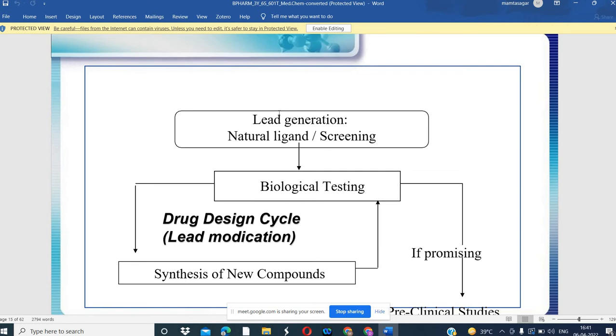Suppose we are using the plant leaves, but initially we do not know which chemical is responsible for the prevention of disease. We have to identify what this chemical is. We have to identify that natural chemical ligand which generates the lead molecule that actually works against that disease, and the disease is cured against the target. Lead molecule works against the target. So we have to identify that. So in the same mixture there can be more than one compound. This I have already told you.